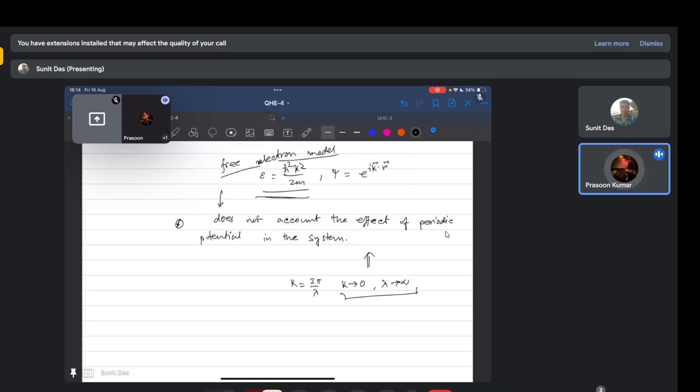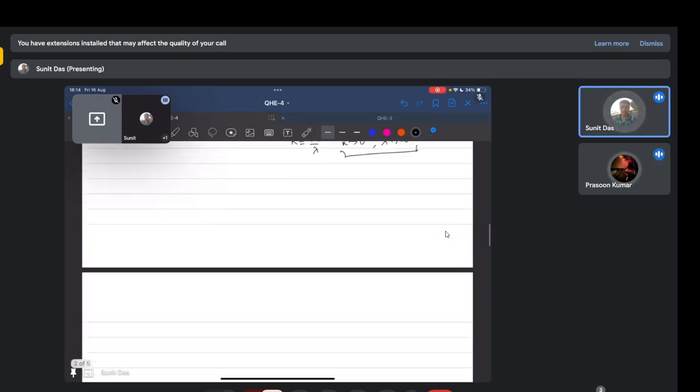And if I say my Brillouin zone collapses, then essentially my electron is getting an infinite wavelength. No, that's not the way I think to think about it. So what really happens is that